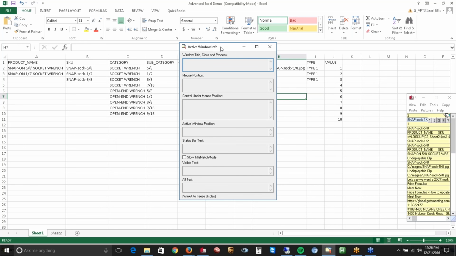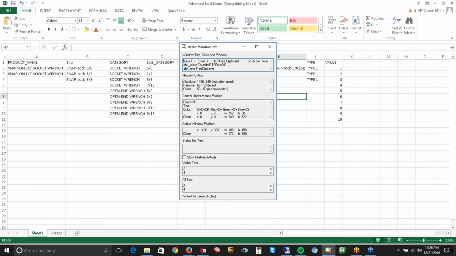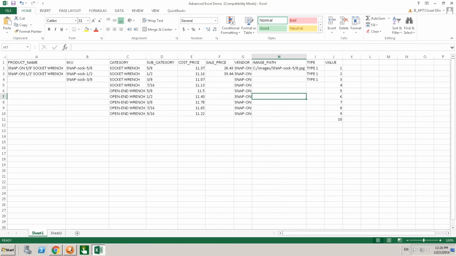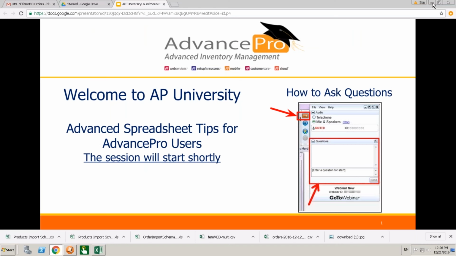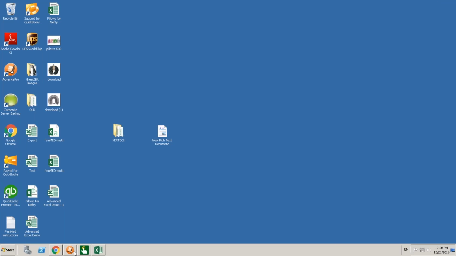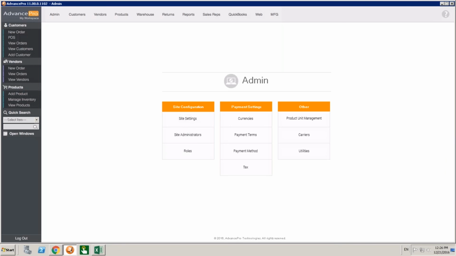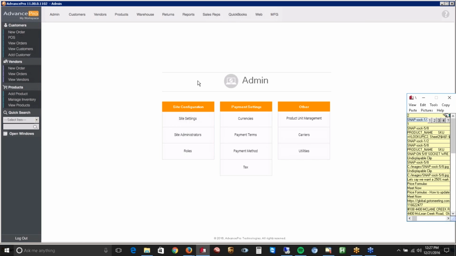And just to touch on 1 or 2, we've gone and we've set up these 2 items in our clipboard history, a SKU for each one and a number, a value for each one. Let's say this value is not something we can fill by an Excel file by default. We can use this active window info, and actually it will record things like mouse movements and clicks. So you can see here it's recorded all my X and Y axes and things. What you can do is you can use this to